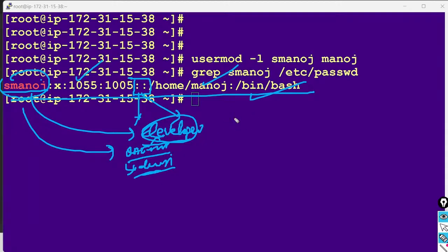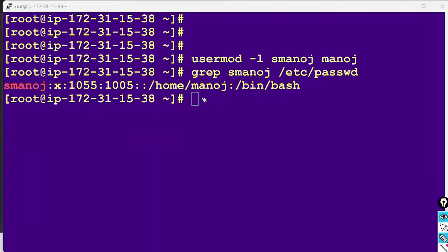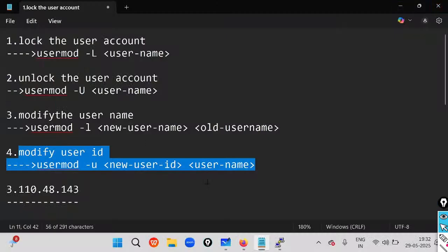This is also called a comment in Linux. Just add a comment for the user: is he a developer, a test engineer or a DevOps engineer. That's all. We consider this a comment inside Linux. But how to do that task, to add a comment? Simple.